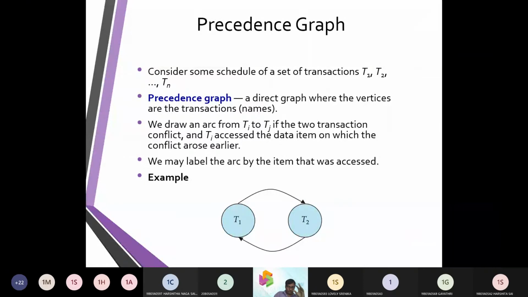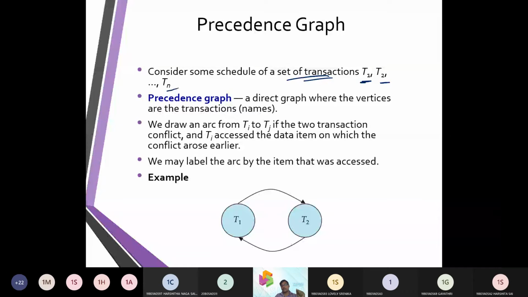So serial schedules were there. Their order needs to be such that there is no violation of the order amongst them. Therefore, we are going to take up some set of transactions, T1 and T2.